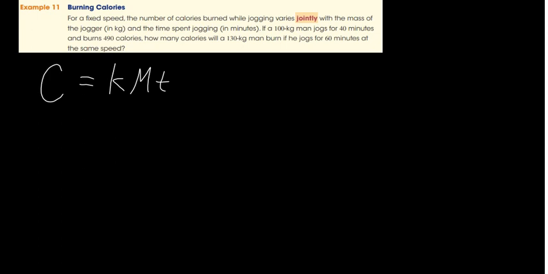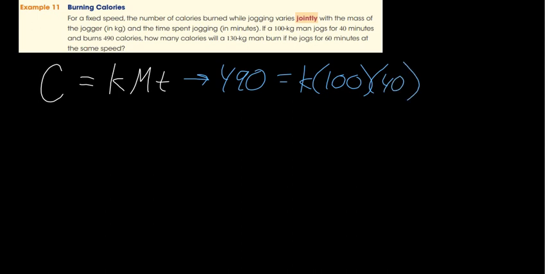So now we move on to the sentence that tells us how we figure out what K is. If a 100 kilogram man jogs for 40 minutes, and he burns 490 calories, so we're going to say he burns 490 calories. So it's going to be K times 100, and he jogged for 40 minutes, so times 40. So this tells me